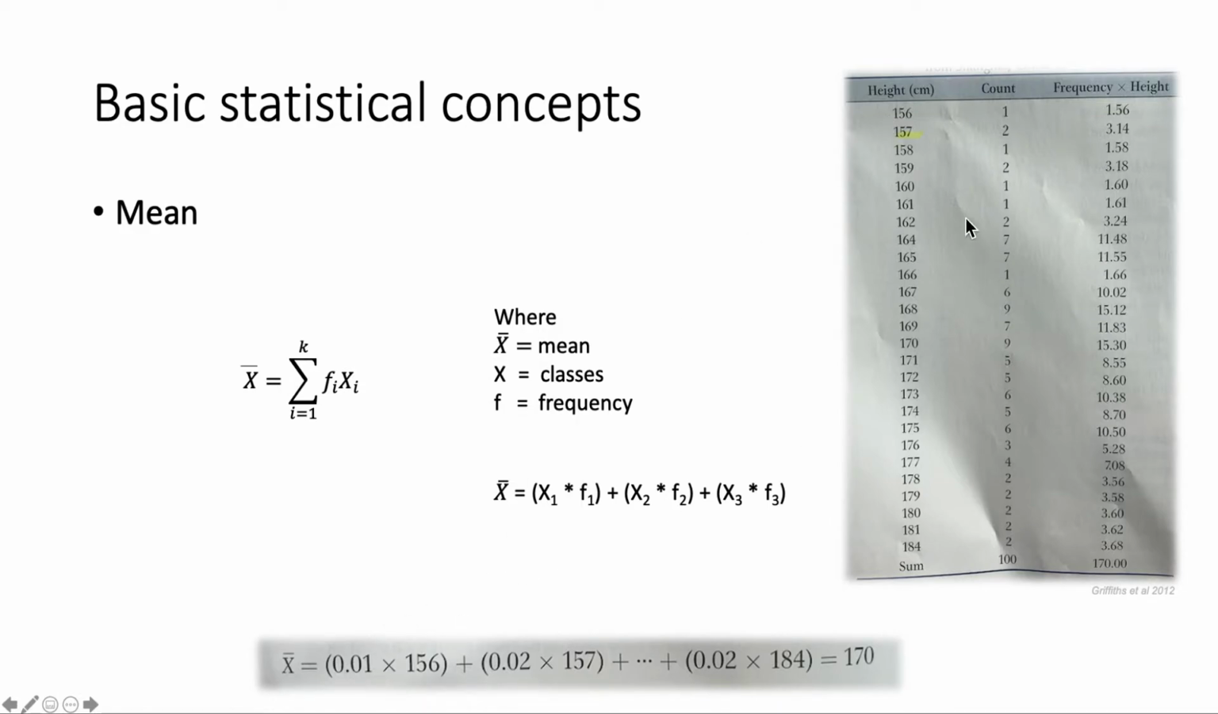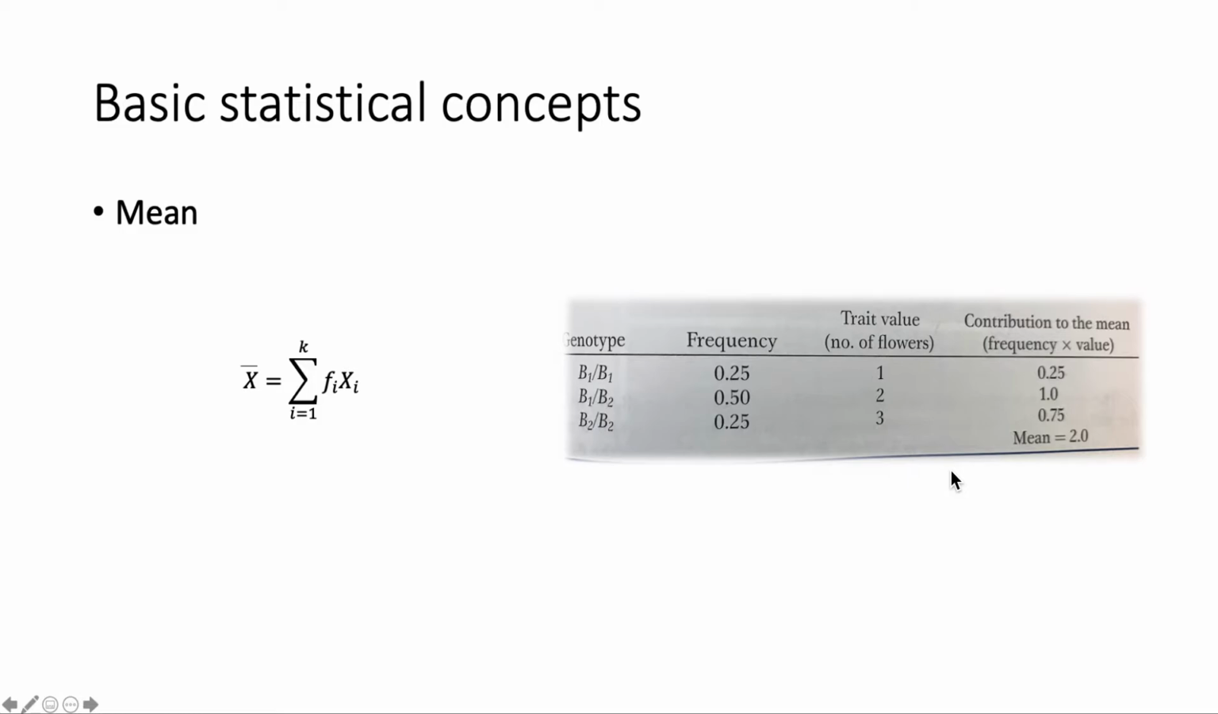So here, for example, in the first case, only one individual in 100, which is a frequency of 0.01, has a phenotypic value of 165. So we multiply that value, and then we add all the other classes with their frequency, and at the end we have the mean of the population, which is 170. It's kind of tricky if we have all these different classes, but